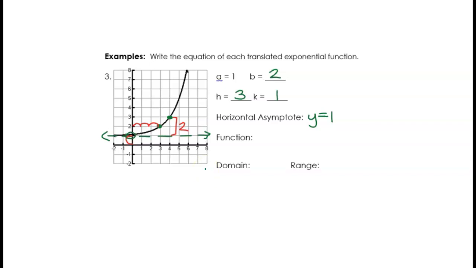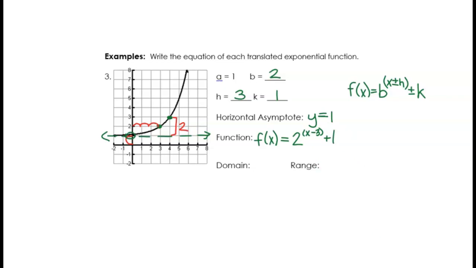My function always will start out with f of x, but it's going to have a base raised to the power of either x plus h or x minus h. And then we're going to have some kind of plus k or minus k on the outside. So if I start out with f of x, my base was 2. My exponent is x with the h, so I do the opposite, minus 3. And then I have the k on the end, so plus 1. That's my function